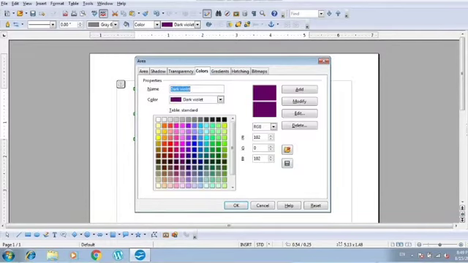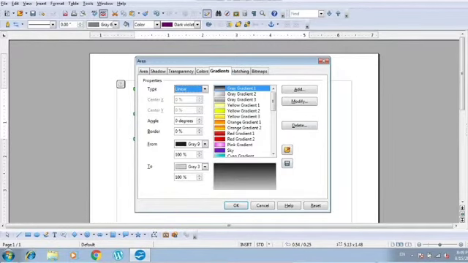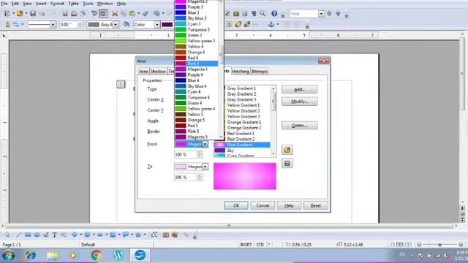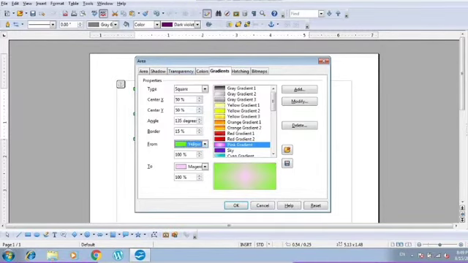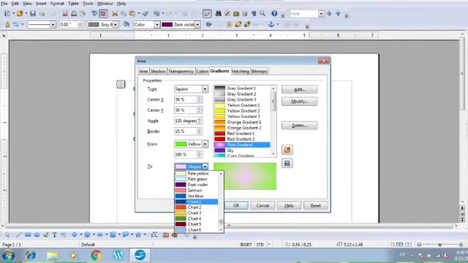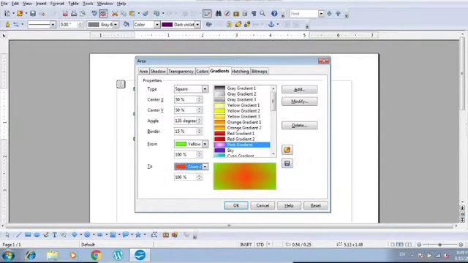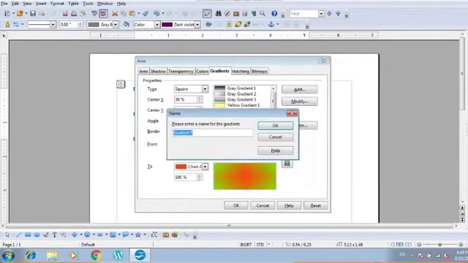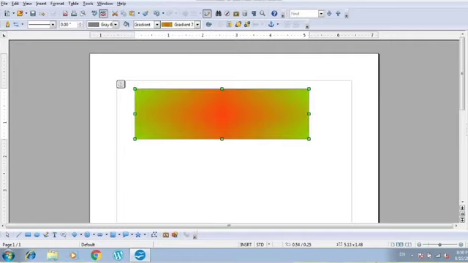Here you can define different kinds of colors on your own as well. You can add a gradient of colors. It means shaded colors are also available here. If you want to create on your own, you can also create it. You have to click on this Gradient tab, and click here the colors which you want to mix and match. For example, I want to match this color and then this color, so you can click on this and this is selected. You do it okay, and then you have to give your name. So suppose I have given it here, and then you can see that it is added. It is very easy to work with this.